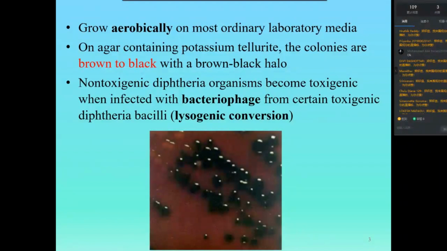So that means that the bacteriophage brings some gene or some factor from the toxigenic one to the latter one. And this we learned before. That's the lysogenic conversion. The bacteriophage forms the prophage and brings some gene from the toxigenic one to the non-toxigenic one. Okay, so